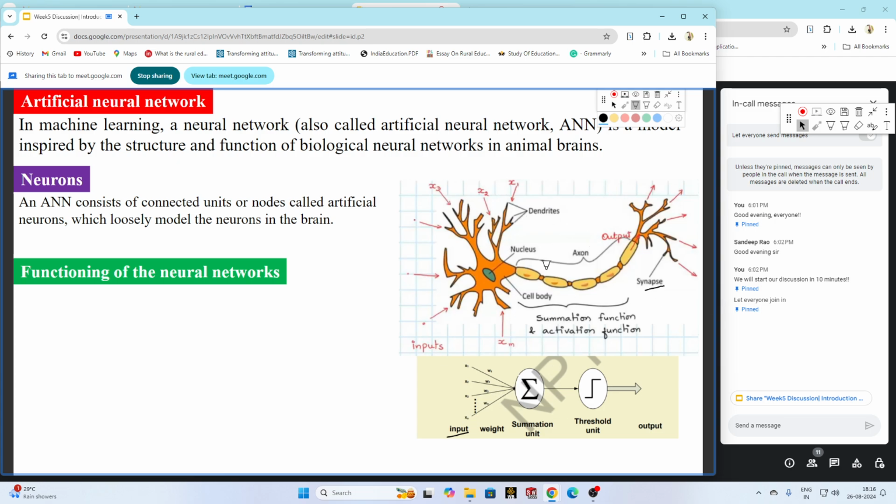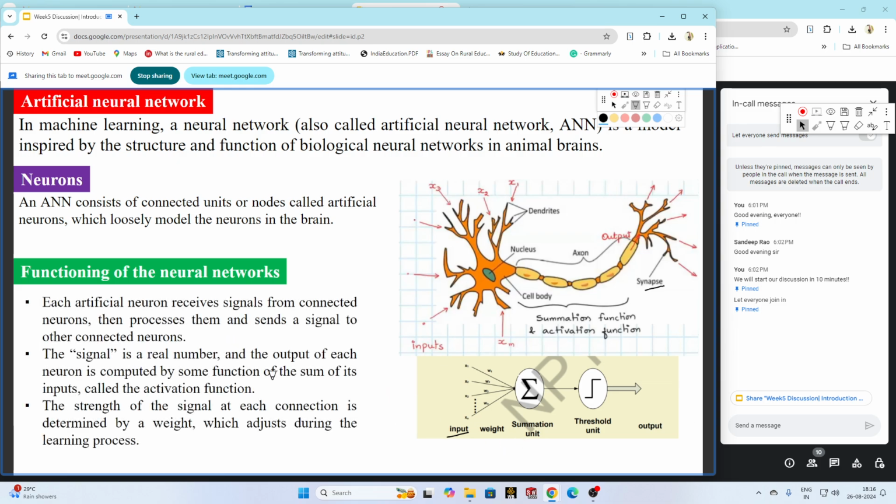So the top diagram is about the biological system, and the bottom diagram is about the artificial neural network system. Functioning, each artificial neuron receives signals from connected neurons, then processes them and sends the signal to the other connected neurons. The signal is a real number in case of our artificial neural network. In case of biological neurons, this signal is known as synapse. And the output of each neuron is computed by some function of the sum of its inputs, called the activation